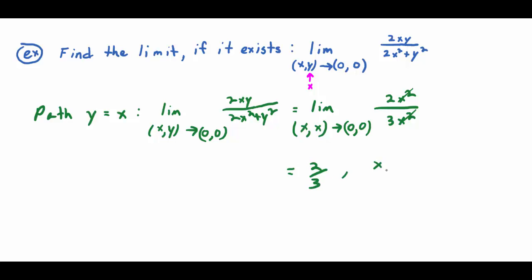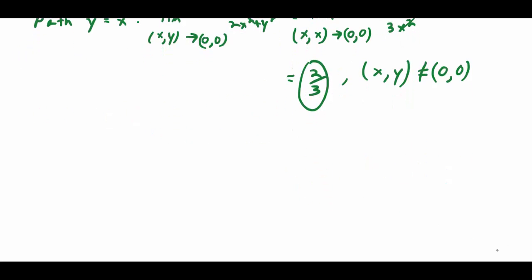You know, and that's with the caveat that x, y is never actually, they're never both equal to 0, right? Okay, so that's one limit value on one path. Now, let's take the path, how about y equals 0? Which means the above limit becomes the limit as (x, y) approaches (0, 0) of